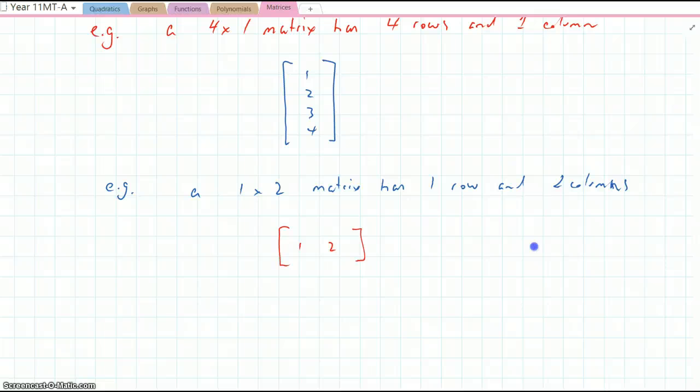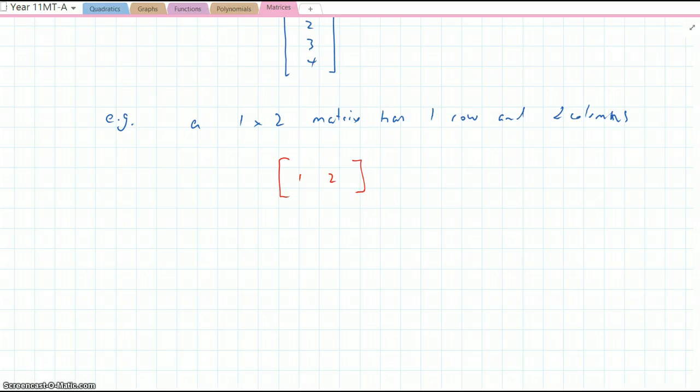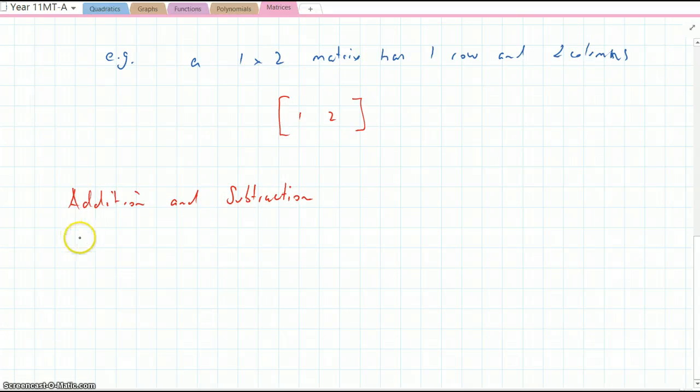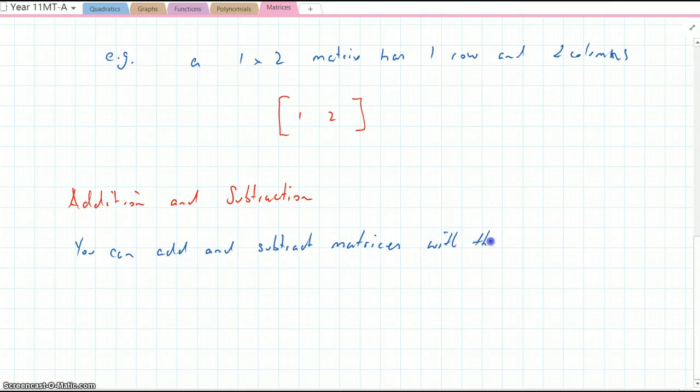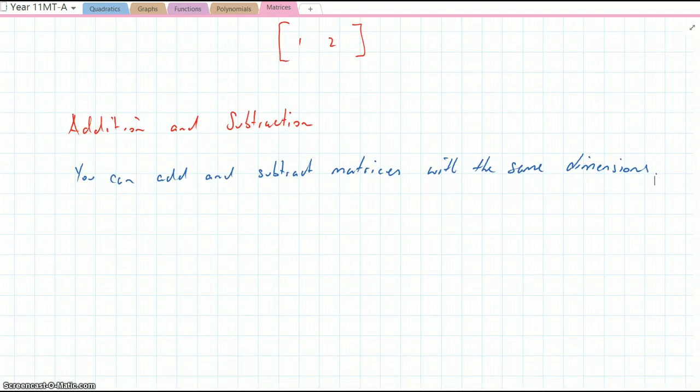Let's do some basic addition. Now, addition and subtraction. If you're adding and subtracting matrices, they've got to have the same dimensions. So you can add and subtract matrices with the same dimensions. So, e.g.,